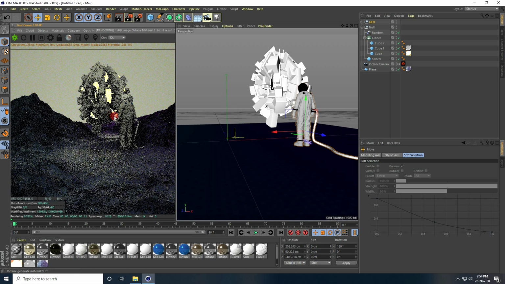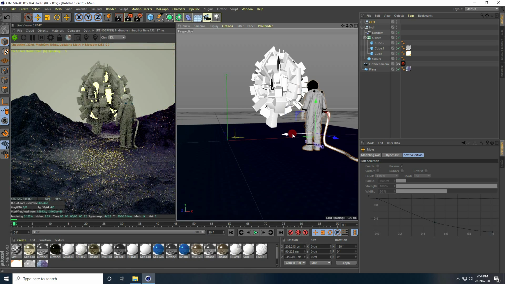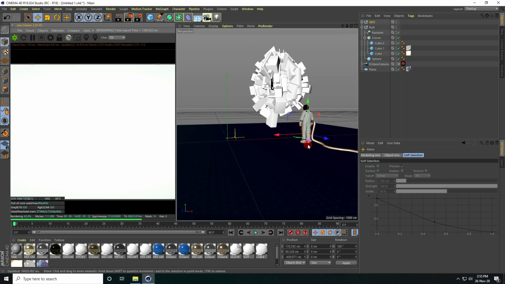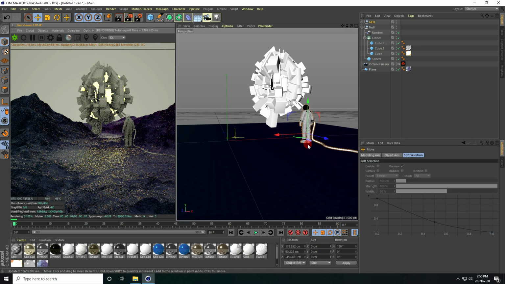Yeah, see guys, that's my character. And guys, little bit smaller, so select scale size and make smaller like this and more. Yes, yeah, see guys, that's really good.